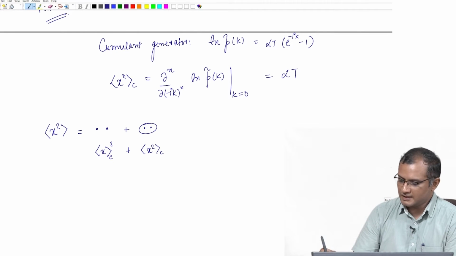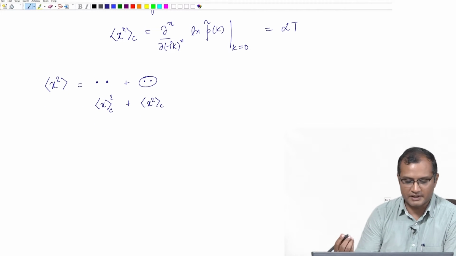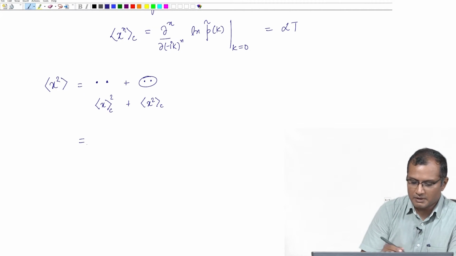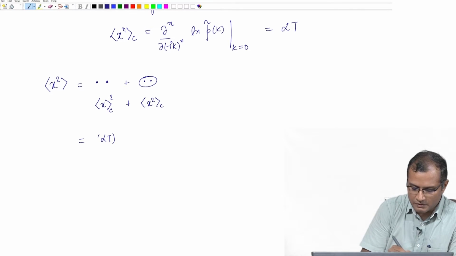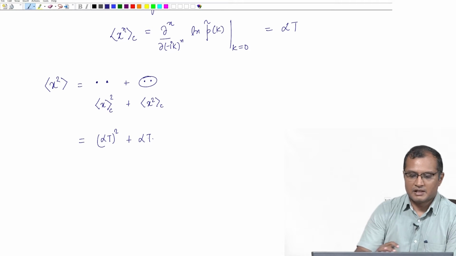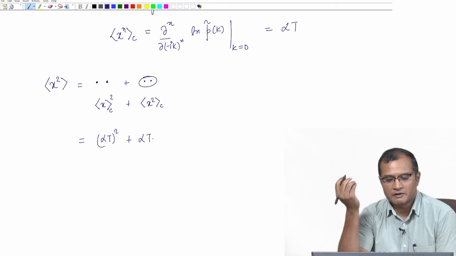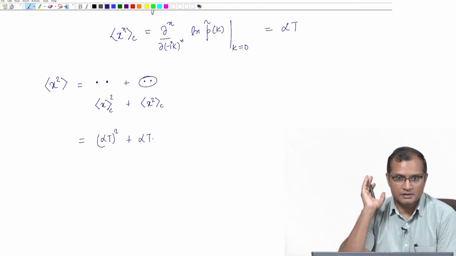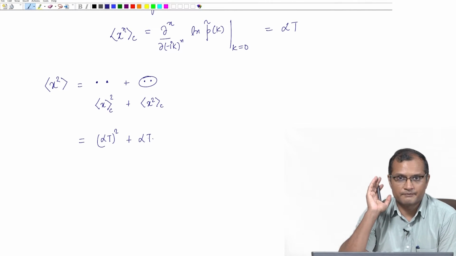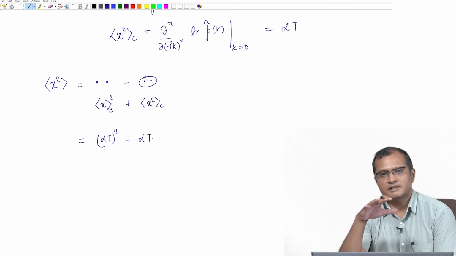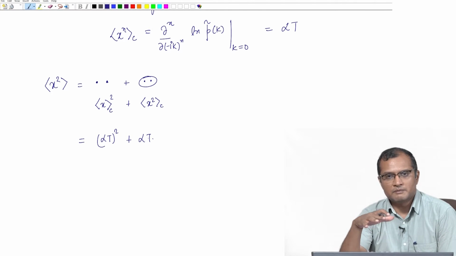Now, I have just said that all cumulants are alpha t. So, this gives me nothing but alpha t the whole square plus alpha t, precisely what I had written. It is just a 3-line problem if you combine the powerful method of diagrams and the characteristic function, and I encourage you to at least first try it out on problems that you are attacking before you use the traditional